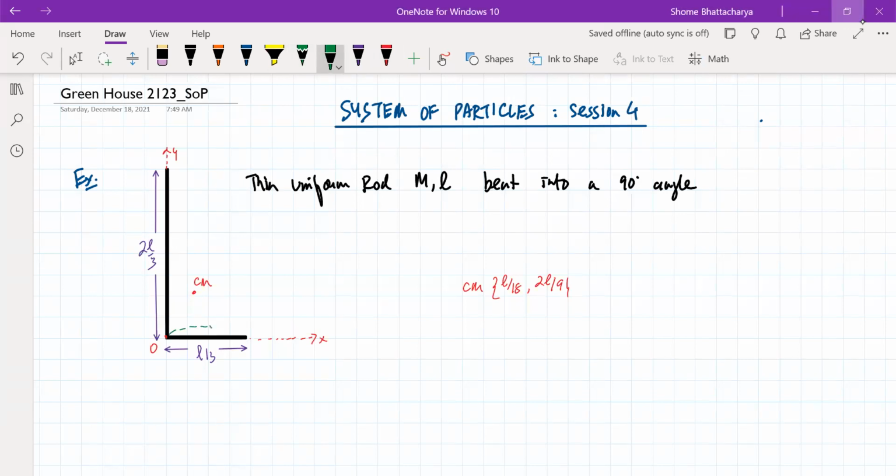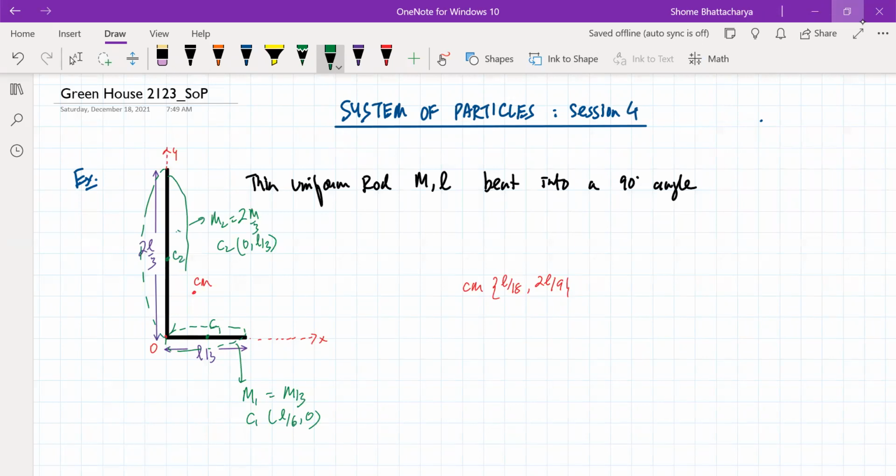Okay. So this part, if we treat it like a mass M1, it is equal to how much? M by 3, one-third the mass, right? And its center of mass is, suppose, at C1. So C1 will be at the midpoint of this rod, so it is L by 6, comma 0. And similarly, this part, its mass is, suppose, M2, so 2M by 3, and its center of mass is at the midpoint of that one, so that midpoint is 0, comma L by 3.